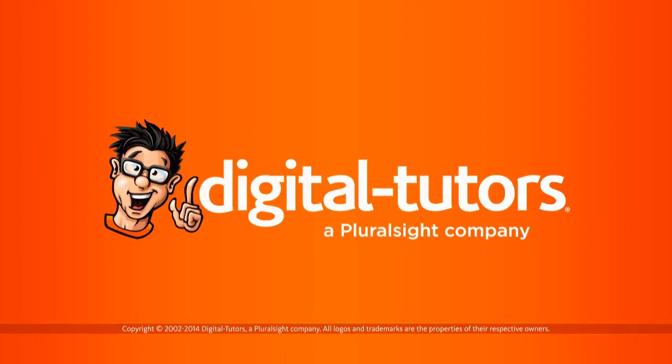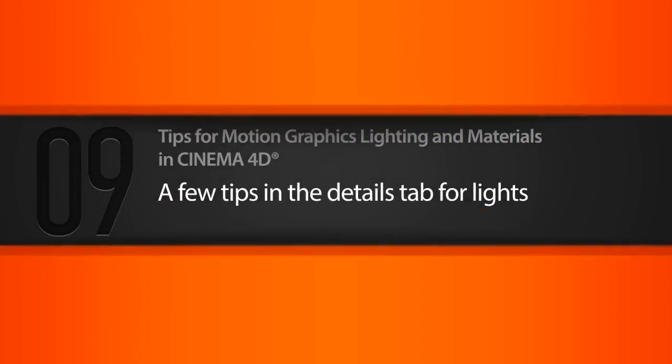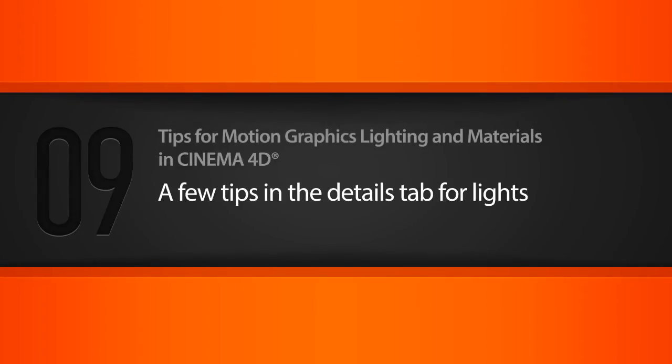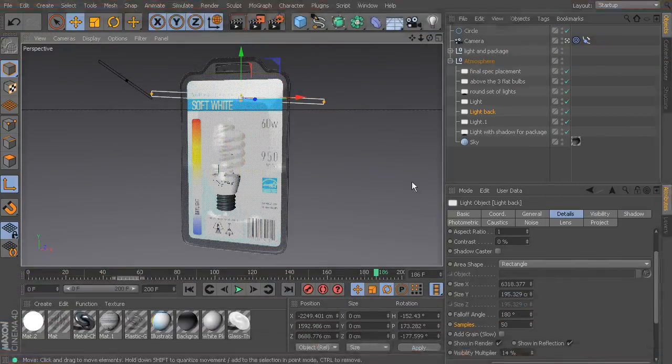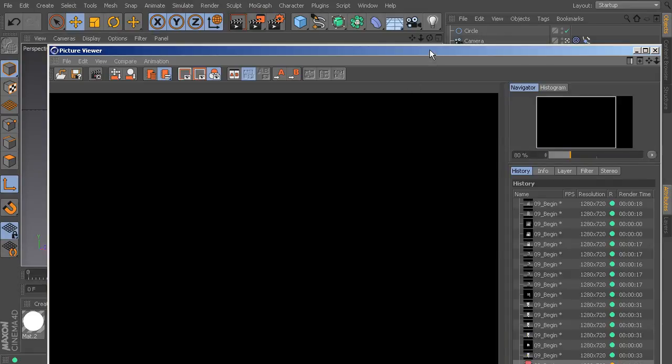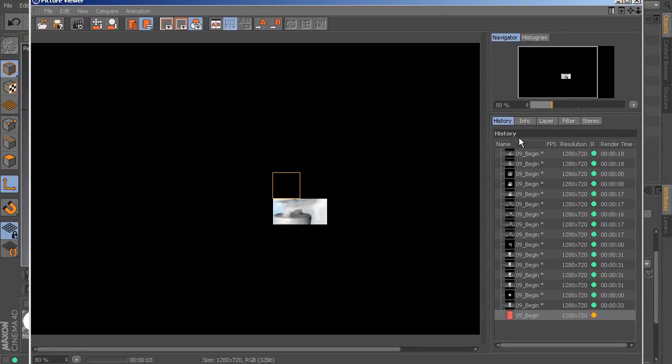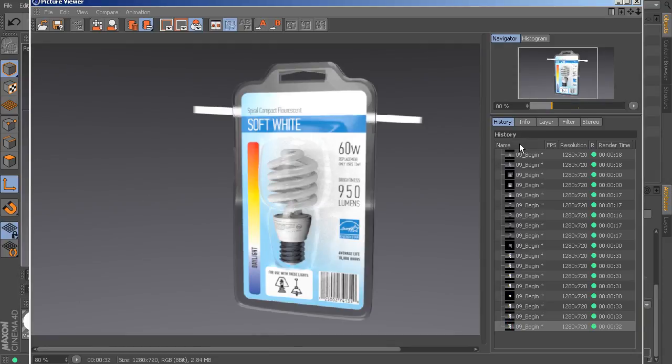In this lesson, we'll be going over a few tips in the Details tab for lights. Okay, so let's go ahead and do a quick render to our picture viewer of this scene. So I'm just going to hit Shift R and we'll start that render. Okay, so what you can see here is that the light that we have here in the background is rendering in our shot. So let's take a look at why that's happening, and really I don't love the way that